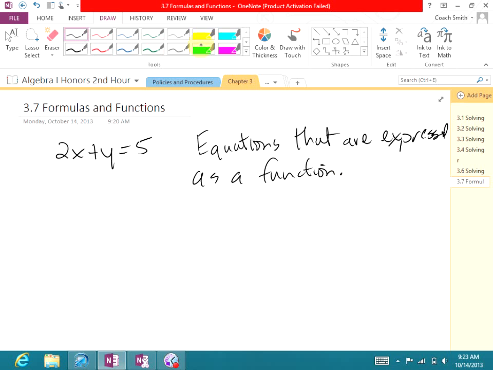Basically how we solve this is this way. We're trying to solve for y. Okay? That's what we want to get by itself, is y. To do that, I have to take this over to the other side. The 2x has to go on the other side of the equal sign. Well, it was a positive over here, so it becomes a negative over here. Okay? And so that gives me y is equal to 5